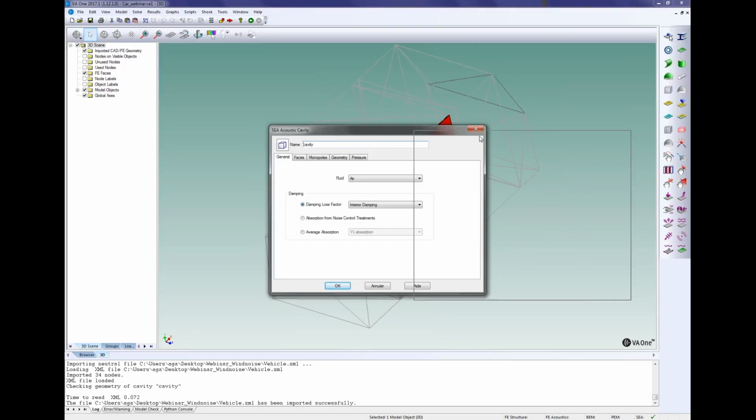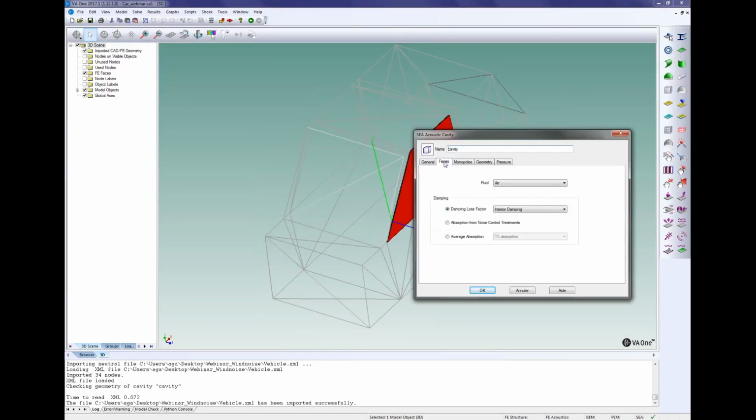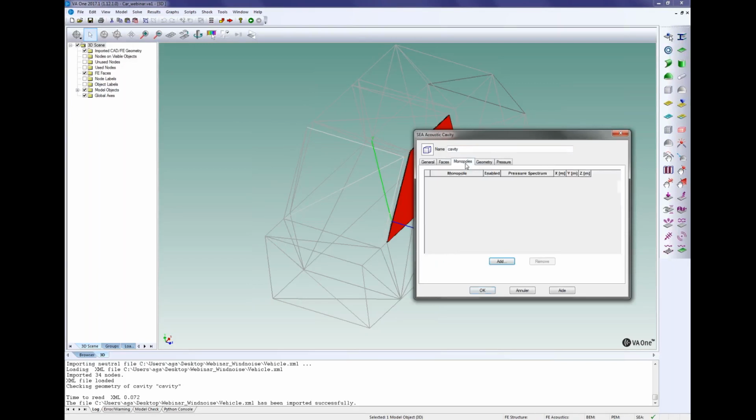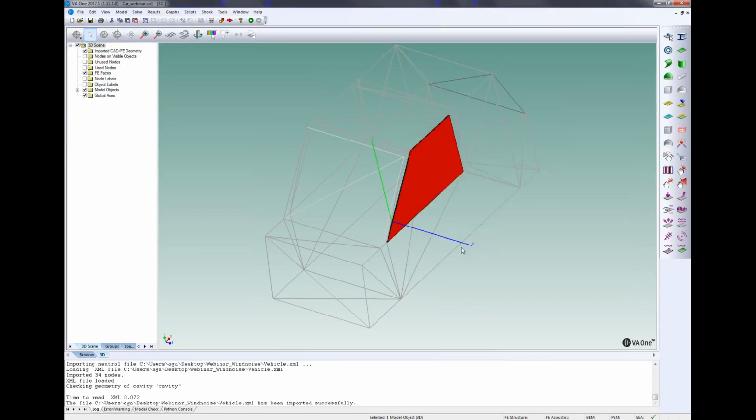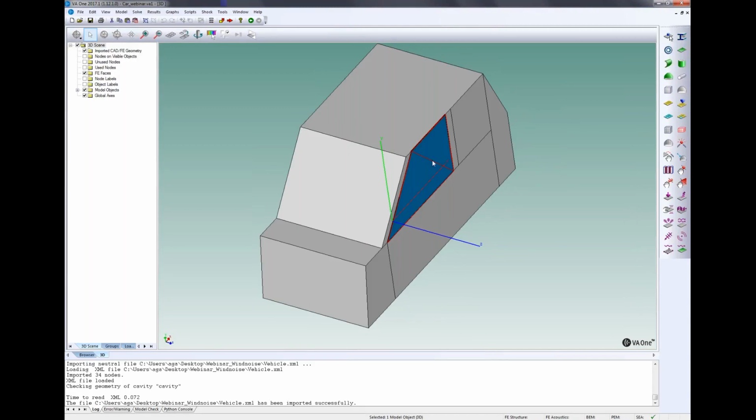I can double click on this. This is a cavity which has a certain volume and which represents the internal cabin of a car. And there is in red the junction.